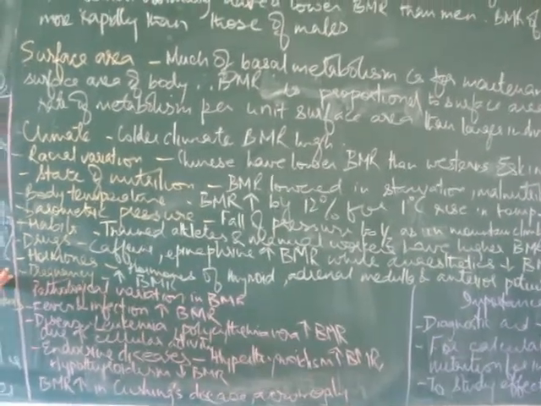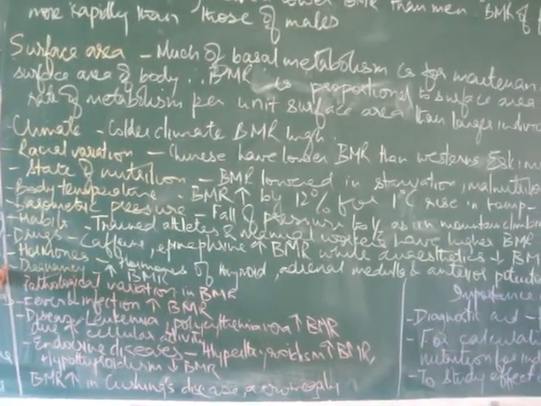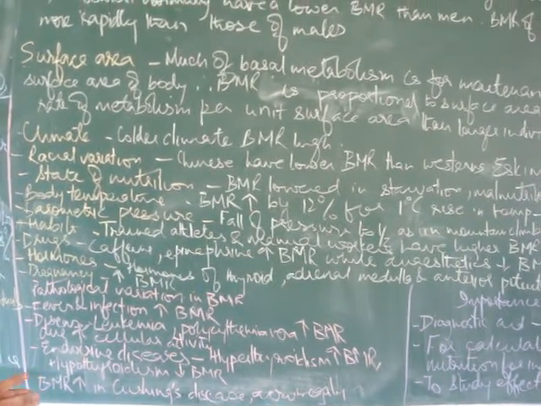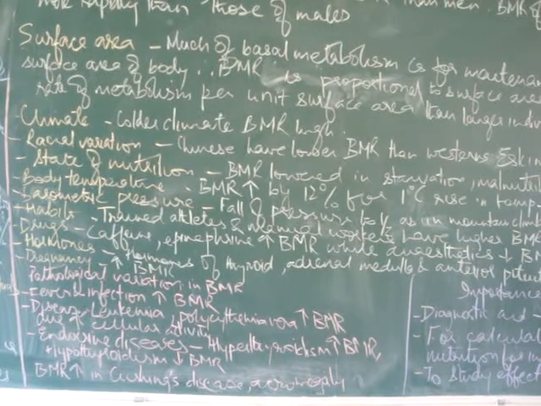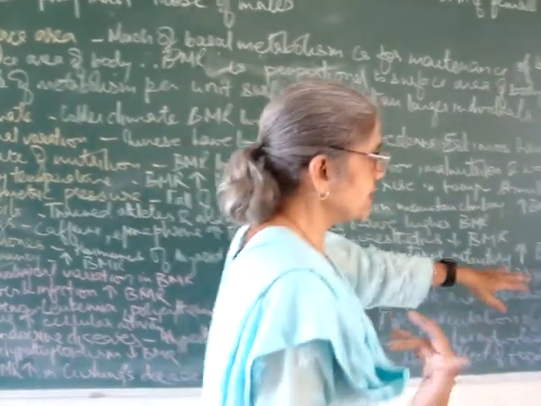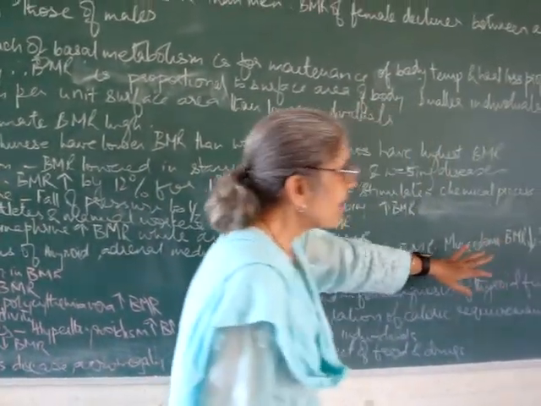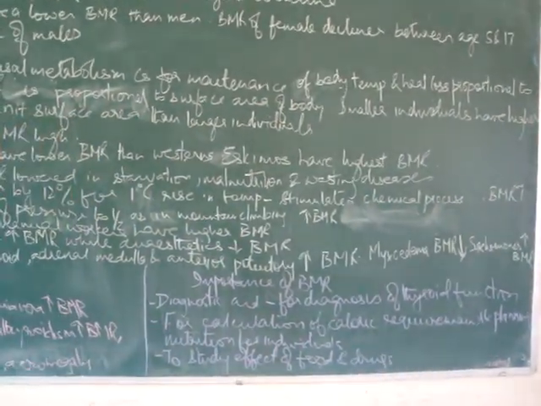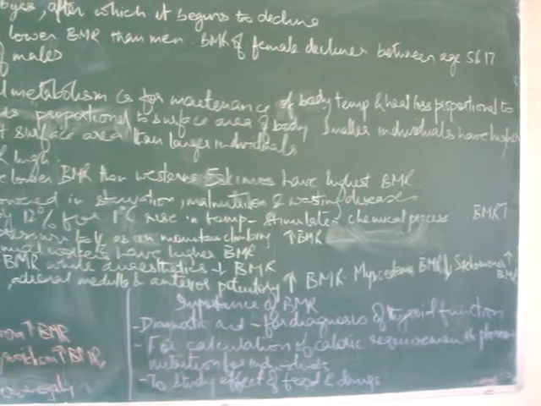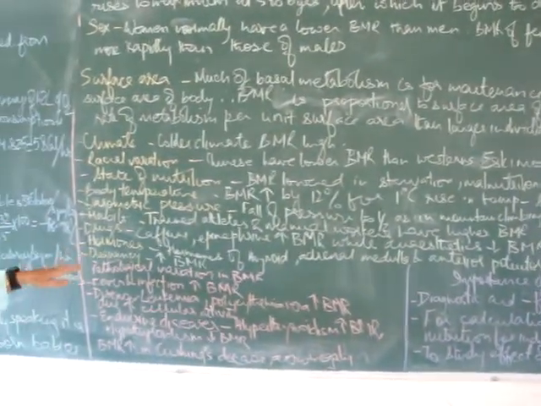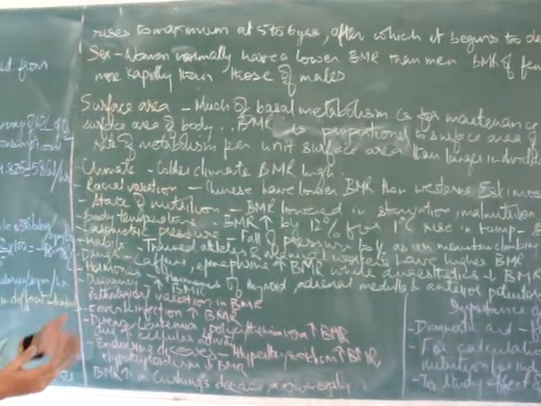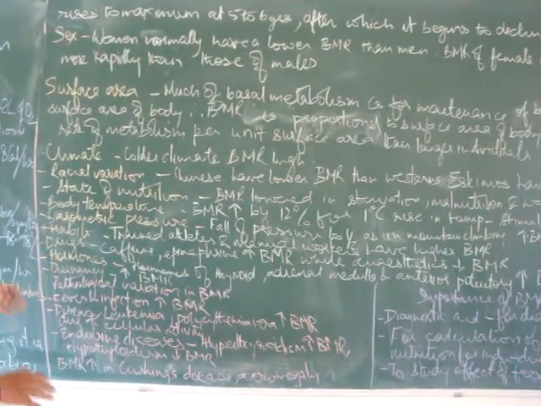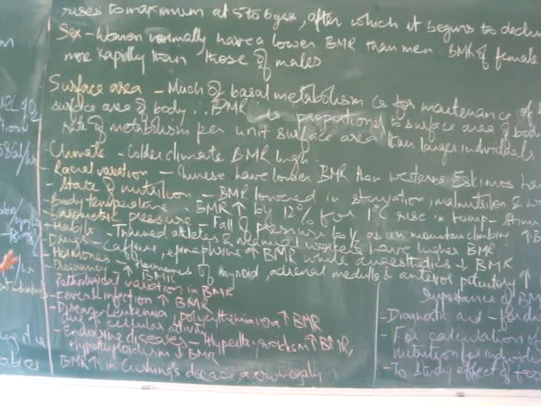Then hormones like thyroid hormones, hormones of the adrenal medulla, and anterior pituitary increase BMR. If myxedema is there, then BMR decreases. Sex hormones also increase BMR. Then pregnancy increases BMR because the lady has to maintain her own basal metabolism as well as that of the fetus. It generally increases greatly after 6 months of gestation.